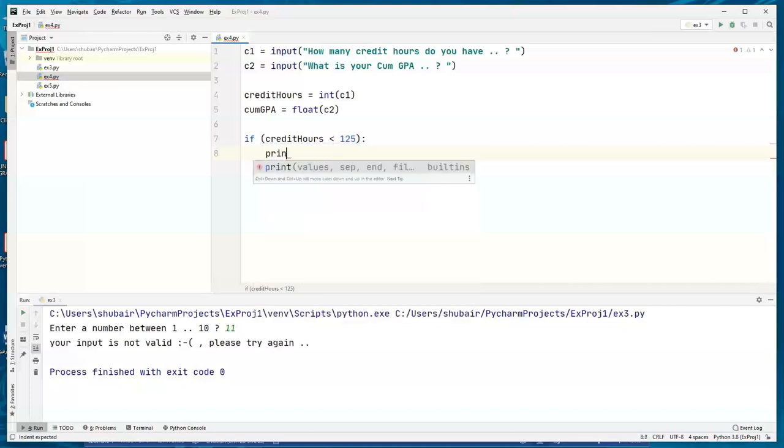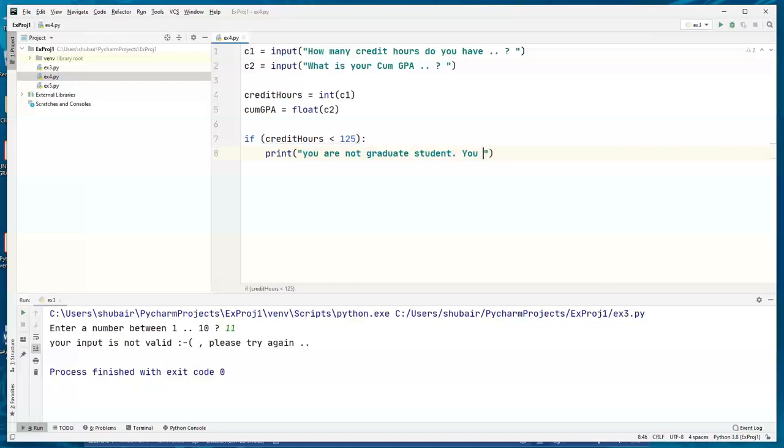So I'm going to print a message telling the user that you are not graduate student,